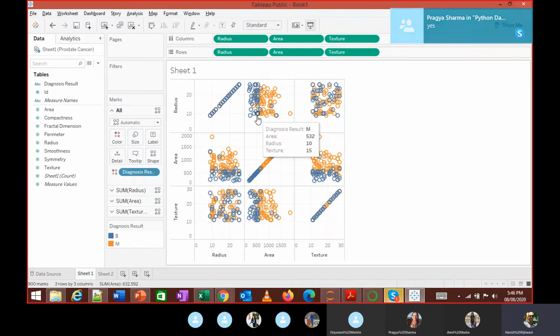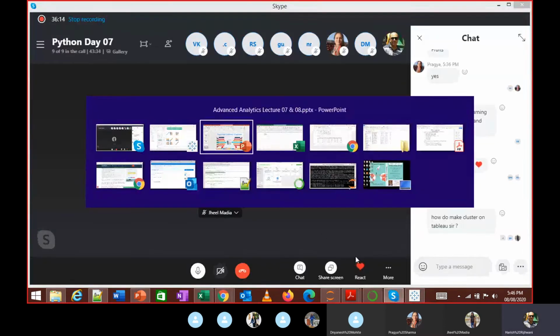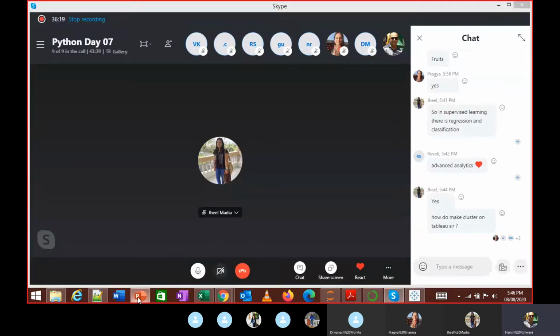The only thing that makes sense to me is radius with area, because I can easily compare that. Area with texture also makes sense a little bit, because again, it is more based on the area than on anything else. Make sense? All right. So back to where we were.